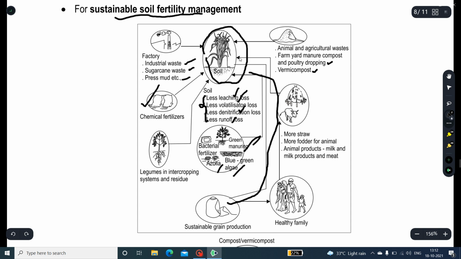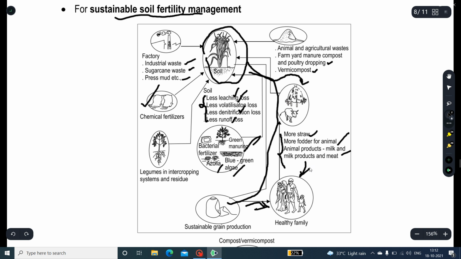The crop straw or residues may be given as animal feed, as fodder for animals, and the animals will give us milk, milk products and meat. These two factors, animal products and sustainable grain production, lead to a healthy family